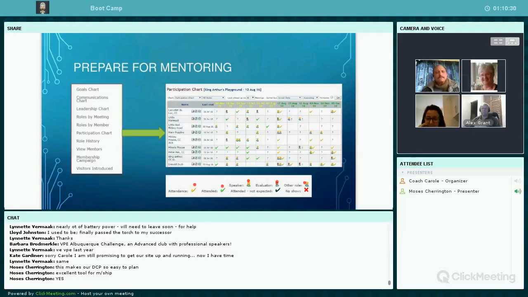Any other comments about how you prepare for the way in which you are mentoring your members? I know that mentoring for you is a big call, Moses. Is there anything else that you do in your land-based clubs in this respect? Actually, it's quite interesting. I actually have people approaching me to mentor them.